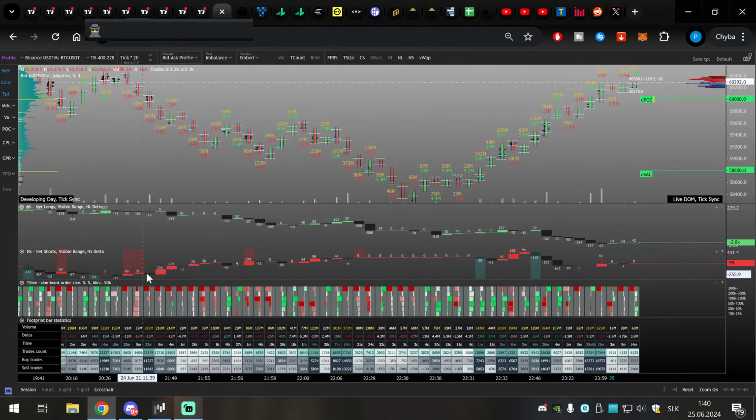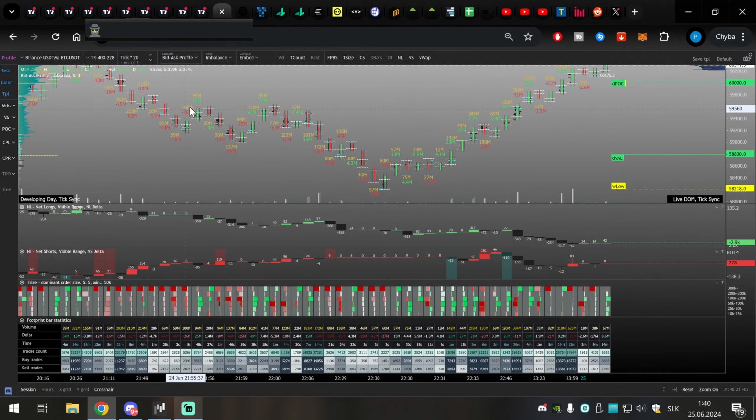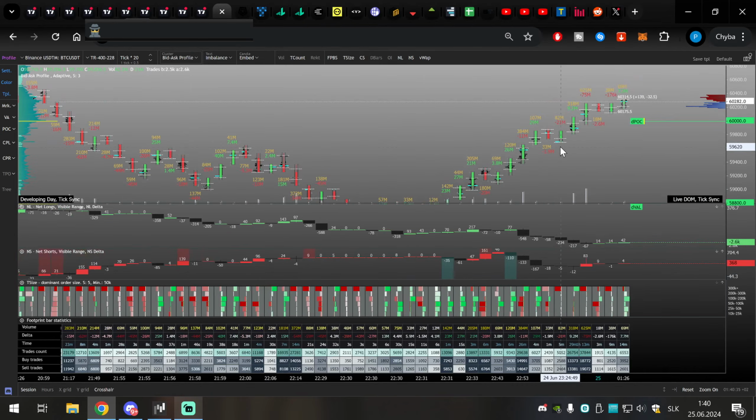Here, very large positions. So now these people are getting hit. Yes, they were greedy. I don't know what they were expecting. Maybe we get 50k today. Now wrecked. They are wrecked. Their expectation shattered. You don't short the lows. And they are now closing. So you see massive closing positions for them.